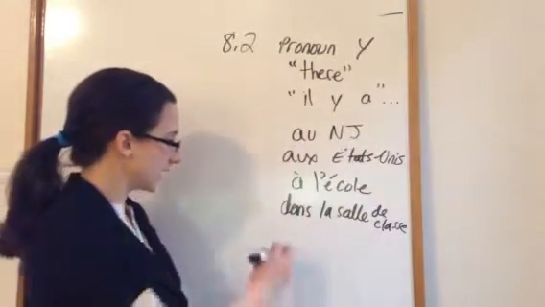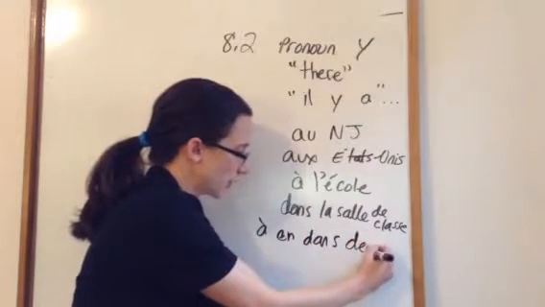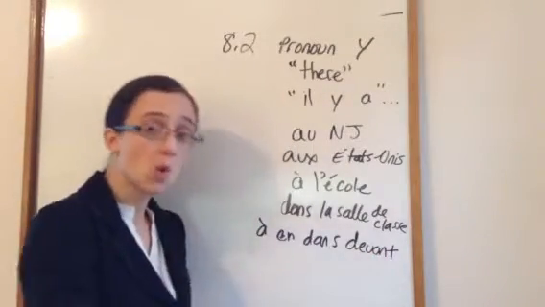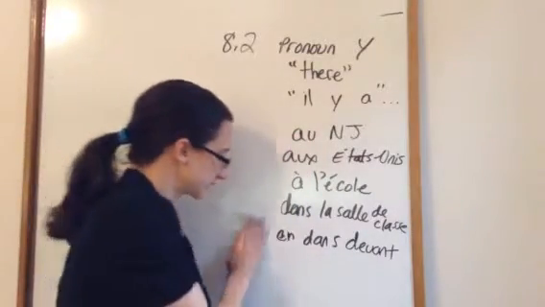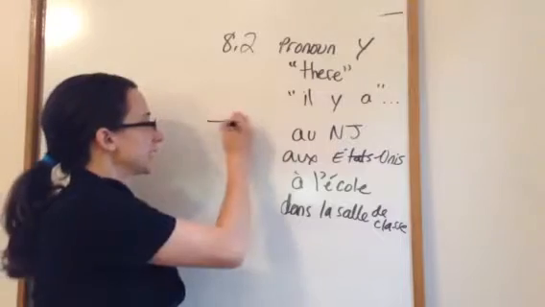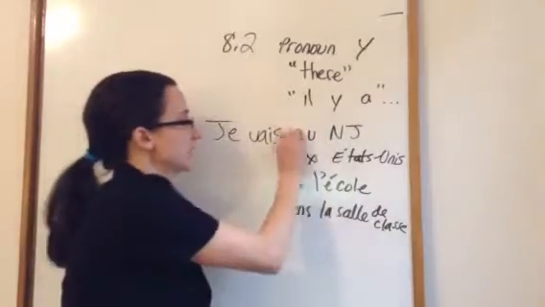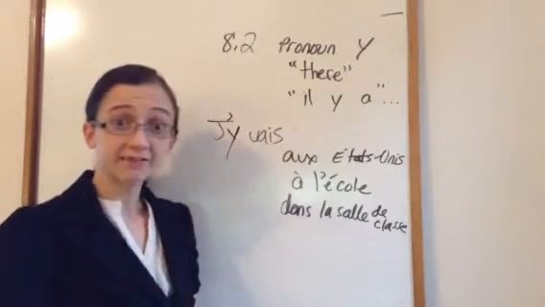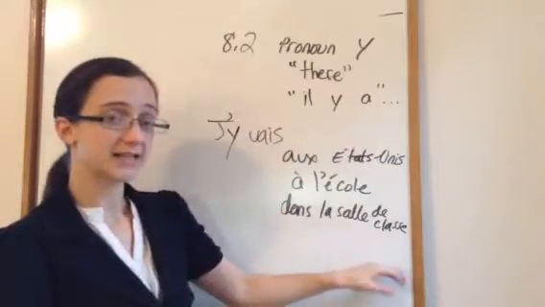You can also have en, dans, devant, like before something, derrière, behind something, sous, and sur, plus the place. So let's put this in a sentence. For instance, je vais, I'm going to New Jersey. Je vais au New Jersey. We take out this and we say j'y vais. So all we did was take out that preposition and the place, and we put a y there